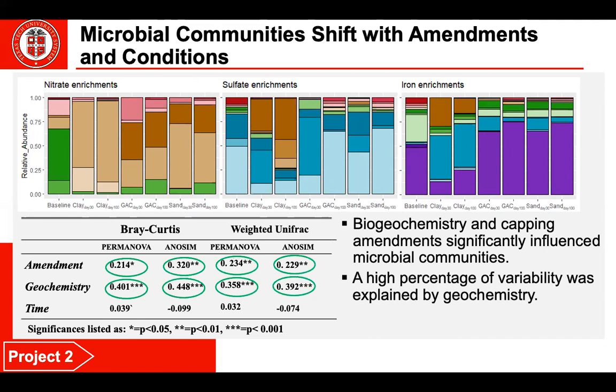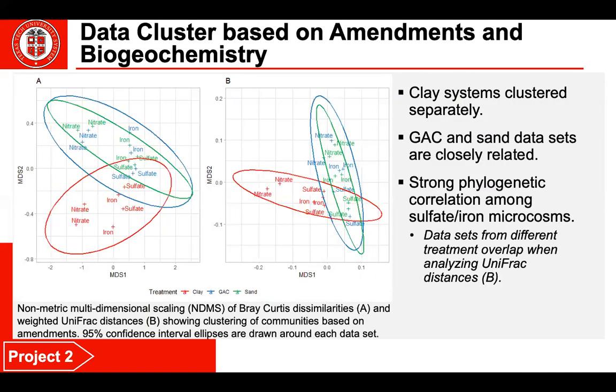So while a high percentage of the variability was explained by geochemistry, you're also seeing a fair amount of the variability explained by the capping amendment. This is what it looks like on a multidimensional scaling plot, where similar to what we were seeing under the aerobic conditions, we're seeing a completely distinctive red circle around the clays. Clay would just behave very differently, and a fair amount of overlap with the different GAC and sand systems. And that was on both using Bray-Curtis and weighted UniFrac distances,